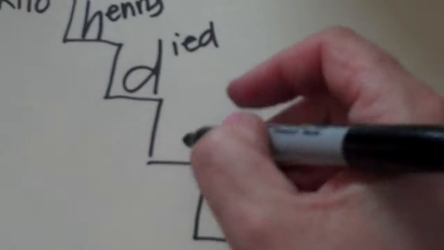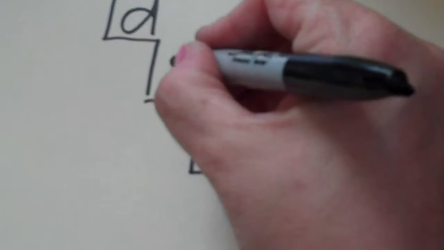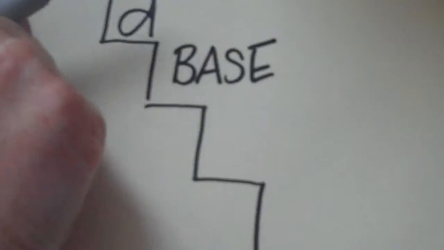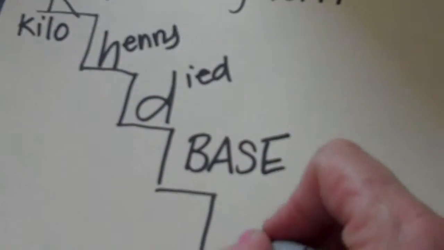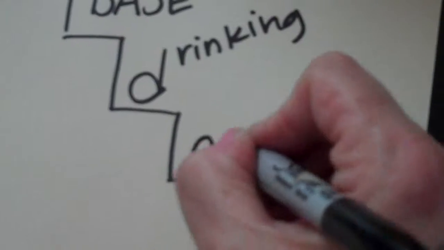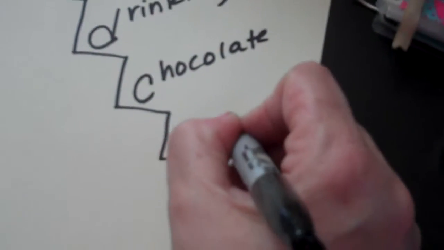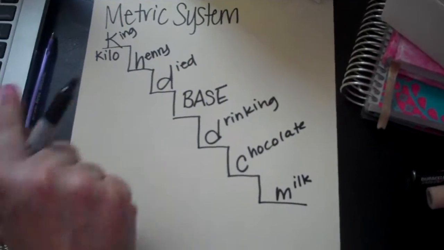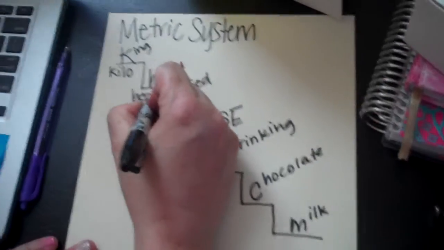And then here I put my base units, and we'll talk about what those are in just a second. But King Henry died drinking chocolate milk is an easy way that you can remember the steps. Kilo, hecto,